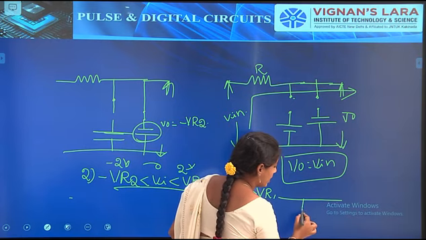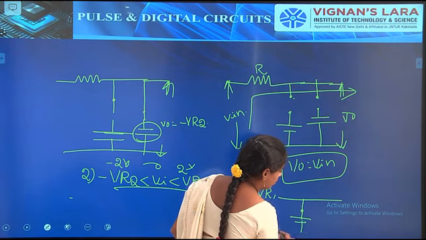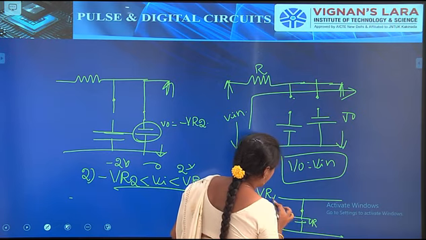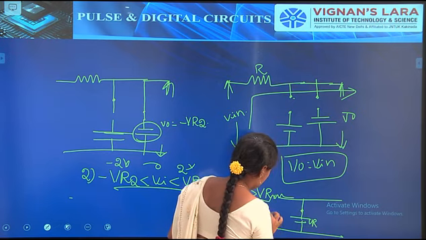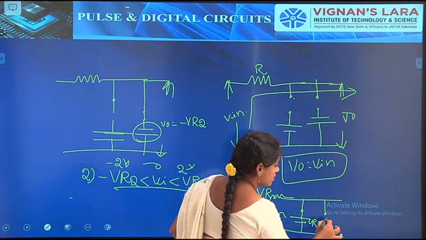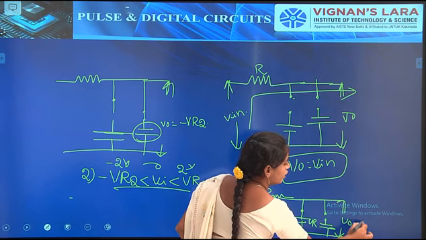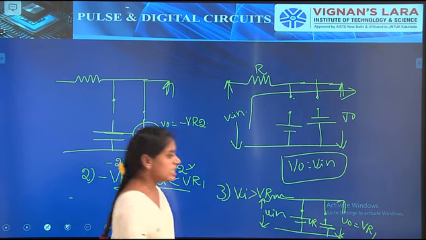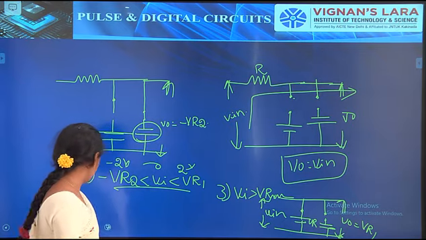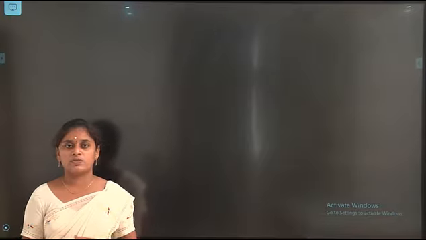So then the circuit will be like this. Diode D1 becomes on condition, it can be replaced with a short circuit and the output voltage will be VR1, and here that is resistor, V input, and D2 can be replaced with the open circuit and the total output V0 is equal to VR1. From this we have to draw the formulation of the transfer characteristics. So how do we draw it?